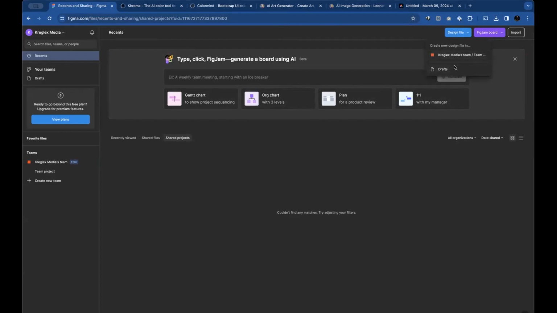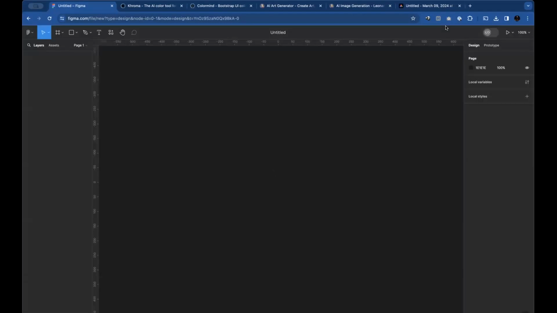So for me, my Figma has multiple teams that I work with, so that's why my configuration might be a little bit different from yours. But once you click on new file and click on maybe your team, if your team is there, it will go ahead and just create this canvas for you. You should see this. And then this interface is called IDE, Integrated Development Environment.